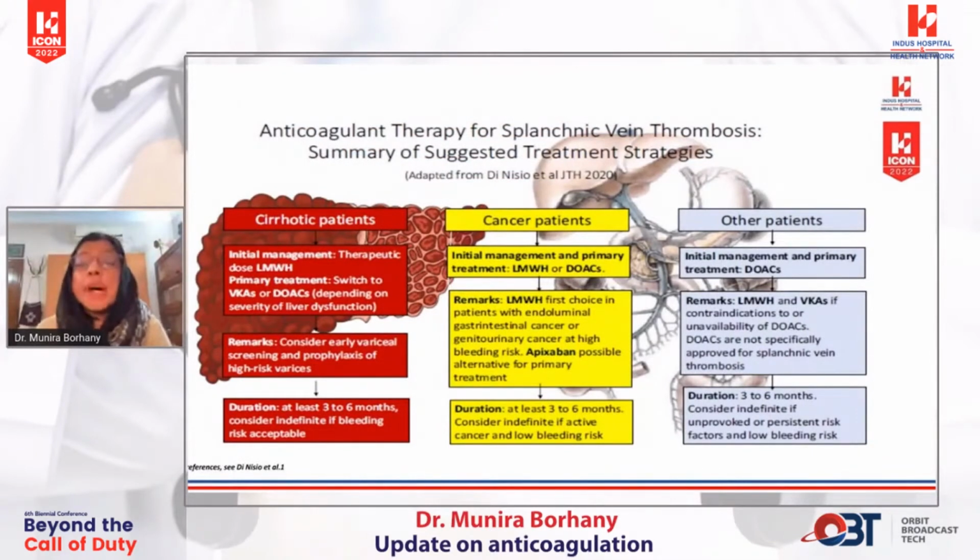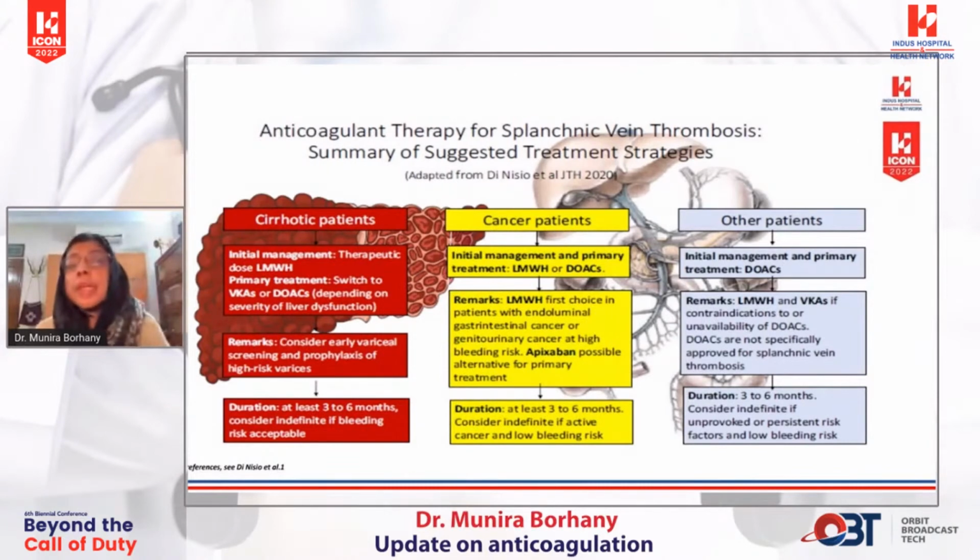जब एंटीकोगुलेंट थेरेपी फॉर स्प्लेटनिक वेन थ्रोम्बोसिस की बात आती है, स्पेशली इन सिरोटिक पेशेंट्स, सिरोटिक पेशेंट्स में हम लो मॉलिक्यूलर वेट हेपरिन यूज करते हैं, और फिर हम वी कैन स्विच टू विटामिन के एंटागोनिस्ट और डोएक्स डिपेंडिंग ऑन द सीवियरिटी ऑफ द लिवर डिसफंक्शन। स्पेशली हमें वहां पे वेरिसियल ब्लीडिंग का ख्याल रखना पड़ता है, और यूजुअली द ड्यूरेशन इज फॉर 3 to 6 months एंड वी इवेलुएट कंटिन्यूसली आवर पेशेंट फॉर द ब्लीडिंग रिस्क।